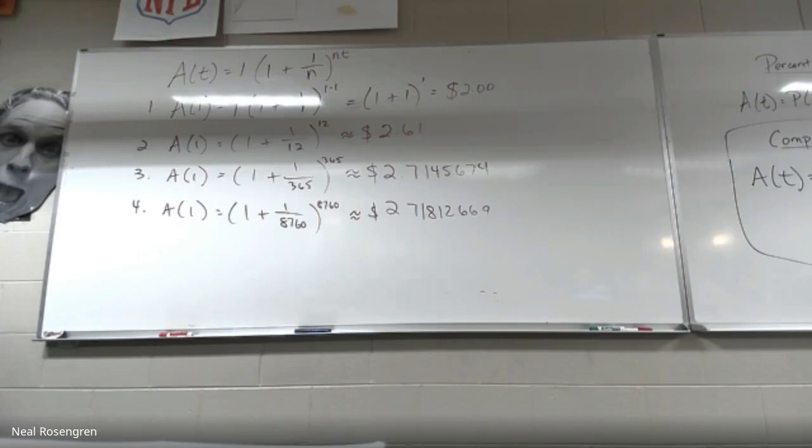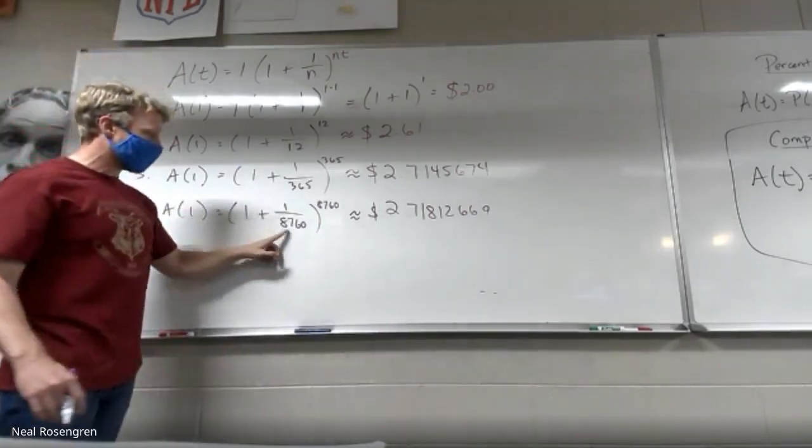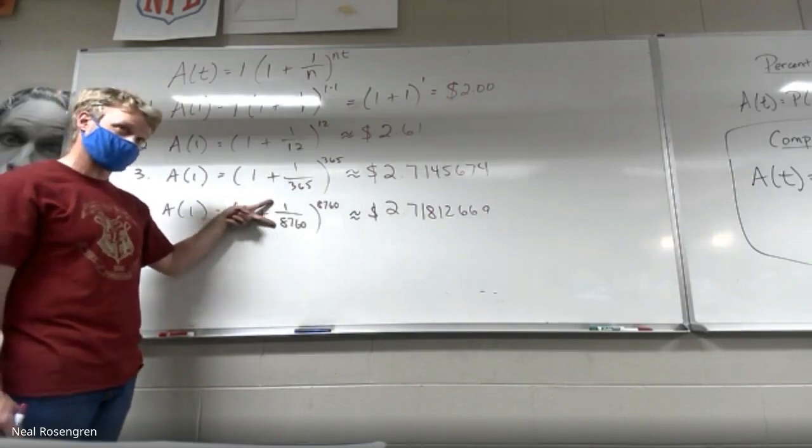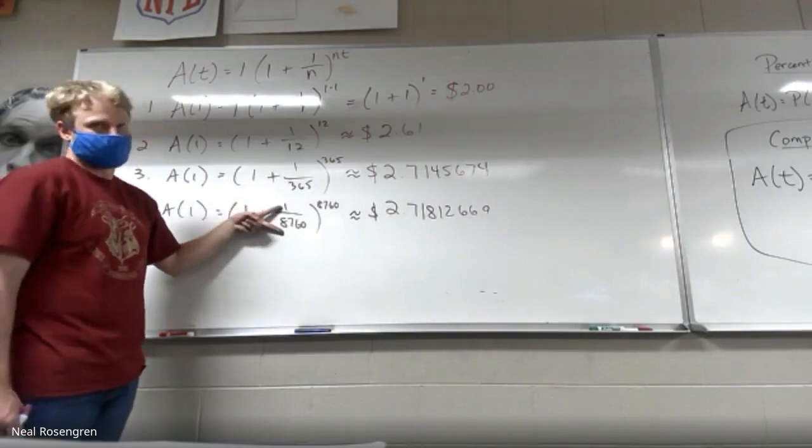You think this is just going to keep growing and growing and growing? Or are we starting to slow down big time? Big time, right? We shot up real quick and now we're starting to level off a little bit. And all we're doing is we're changing how often we get paid on the same amount. But the problem that happens is as we make this number down here really, really big, this whole fraction is really, really small, right?